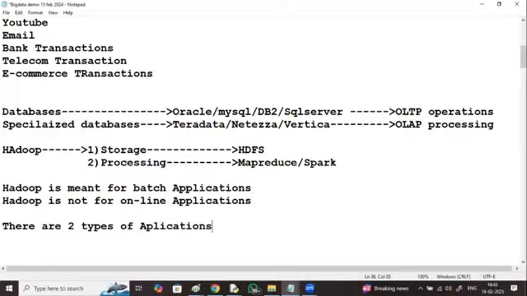For example, credit card statement generation for millions of customers, and phone bill statement generation for millions of customers, right?